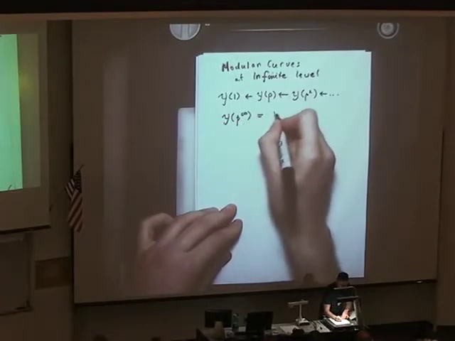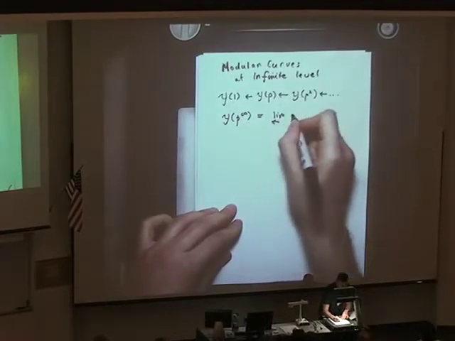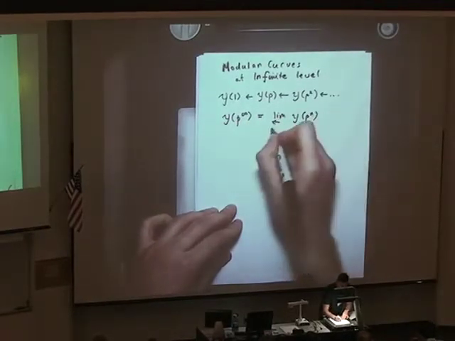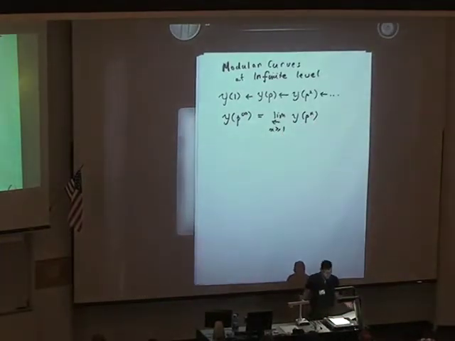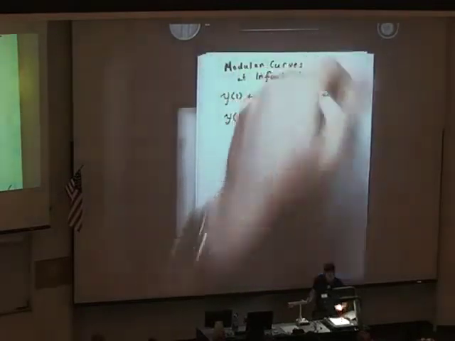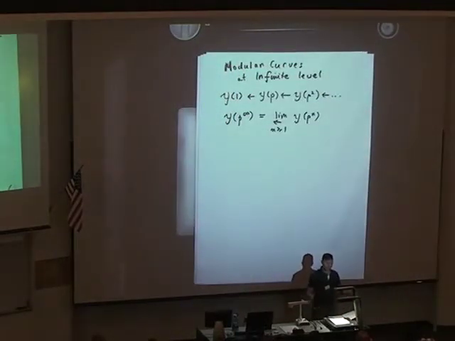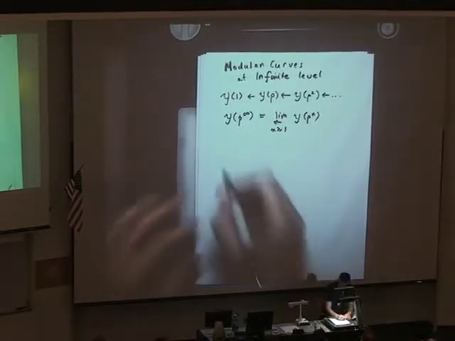Y of p to the infinity would be like an inverse limit of Y of p to the n's, where n is at least 1. That is, a point of this thing would be a compatible system of points of the corresponding modular curves at the finite levels. And this is a very strange thing to be doing, even just from the point of topological spaces. And just to give you a little analog that's a little bit simpler,